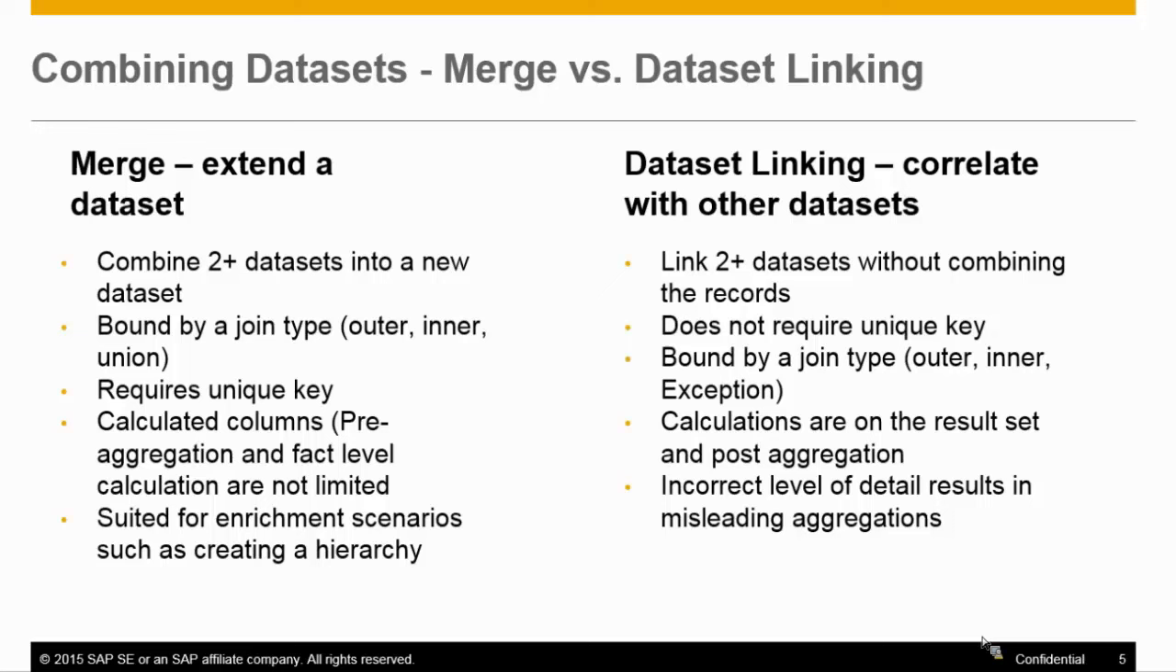Whereas dataset linking also has its value and is very powerful, and there is overlap with some of the things I've talked about in the case of merge. But because in the case of dataset link, any kind of manipulations are happening post-aggregation, and on the result set of the visualization, you could be limited on what you can and cannot do. So, to sum it up at a very high level: